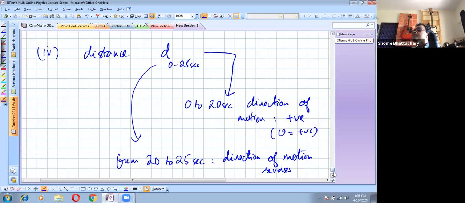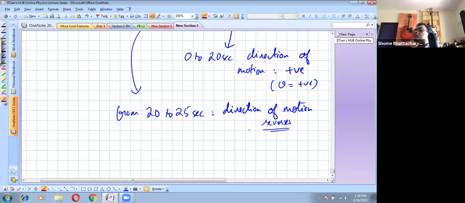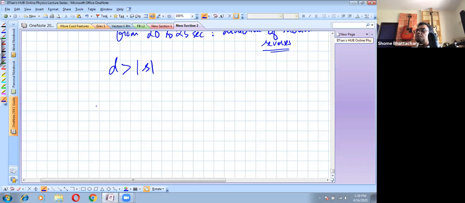So that is why overall, because it's reversing once, we will say that the distance traveled will be greater than the magnitude of displacement. That is why you'll get an answer which is definitely greater than 125. But by how much, now we have to see. So the distance traveled from 0 to 25, we will break into two parts. The distance during the positive cycle of the journey, and then the distance traveled when he has reversed his direction